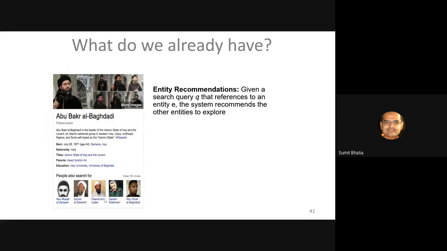But now think again, going to our client's experience. If you go to Google and search for this terrorist called al-Baghdadi, Google shows you a list of other related persons, Qasim Soleimani, Umar al-Baghdadi, and other things. Google is showing you this because people also searched for these people when they were searching for al-Baghdadi. But from here, you may not be able to figure out why Qasim Soleimani is shown here. He looks like an army officer or something, right? So how is he related to this terrorist?